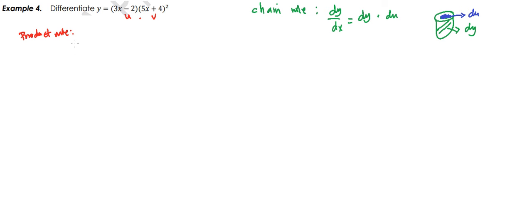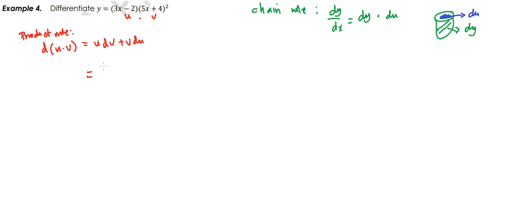Okay? So, ano ba sabi sa product rule? If you are going to derive u times v, you have u dv plus v du. Okay, ano sabihin nun? Copy the first term and then derive the second term. Tapos plus copy the second term and then derive the first term. So, kung gagawin natin yan, we have